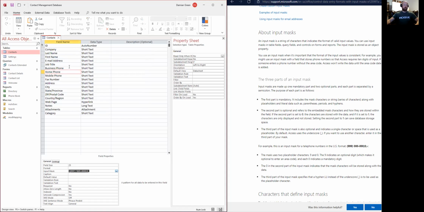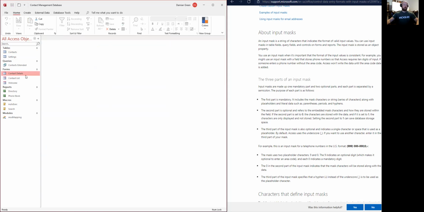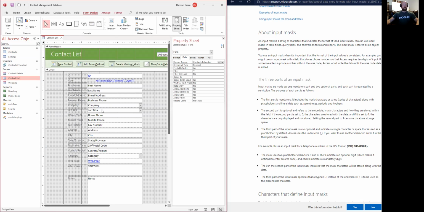So I'll copy that, paste it in on business phone number, the home phone number, the mobile number, and the fax number. And now it's sitting on the table. So the better approach, going to contact list first, into Design View,